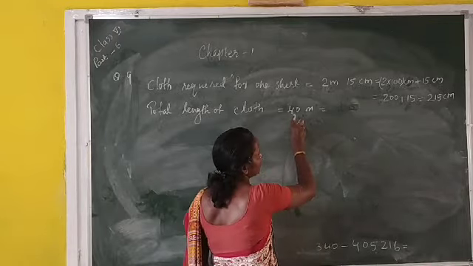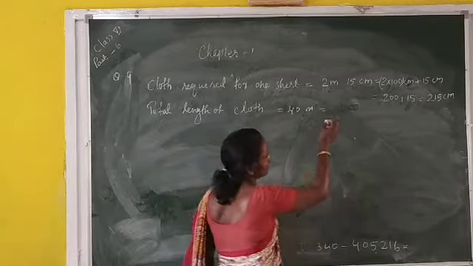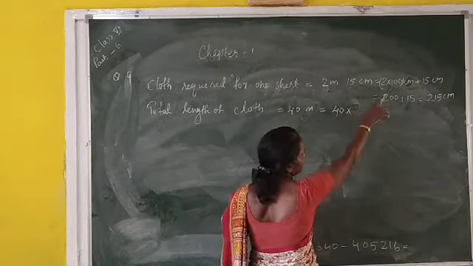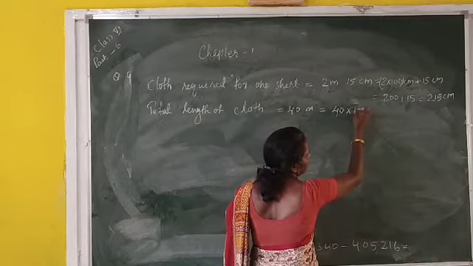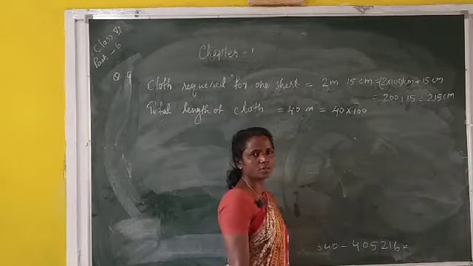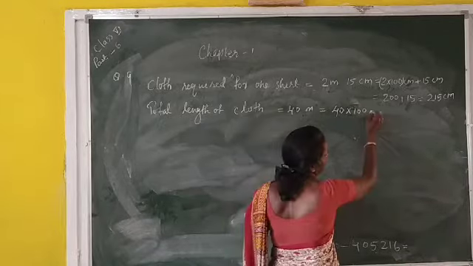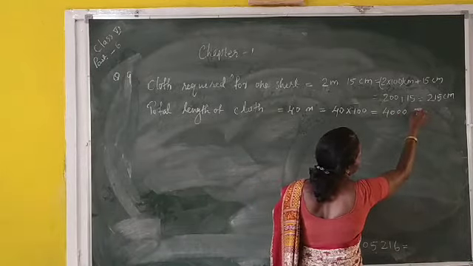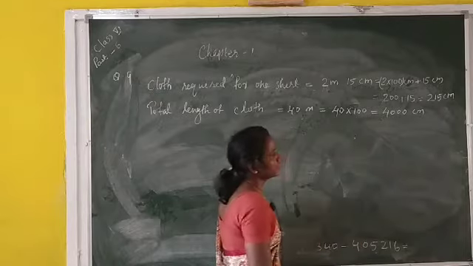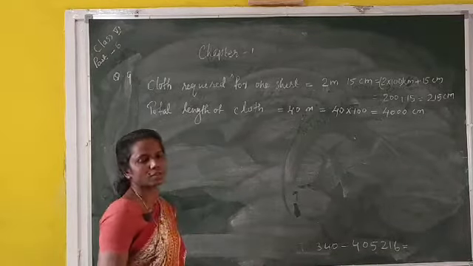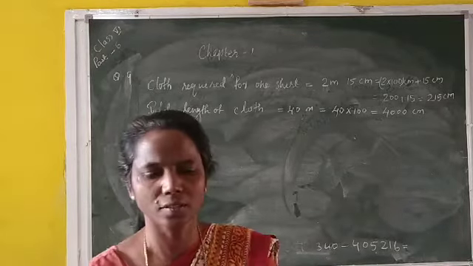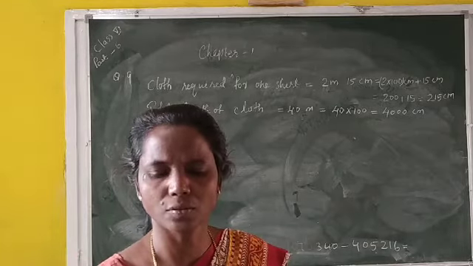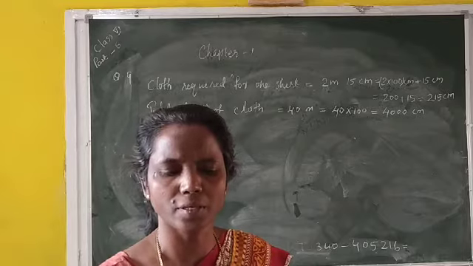And the same as this, we convert into centimeter. Therefore 40 meter also we can convert into centimeter. So 40 multiply which number here? We multiply by 100 because 1 meter is equal to 100 centimeter. So this is how many centimeter? 4,000 centimeter. Then what is the question? Number of shirts. Look, out of 40 meter cloth, how many shirts can be stitched?